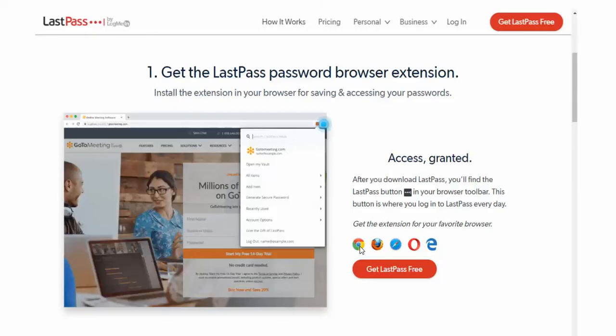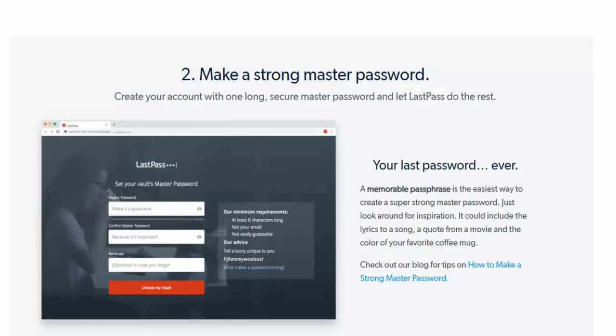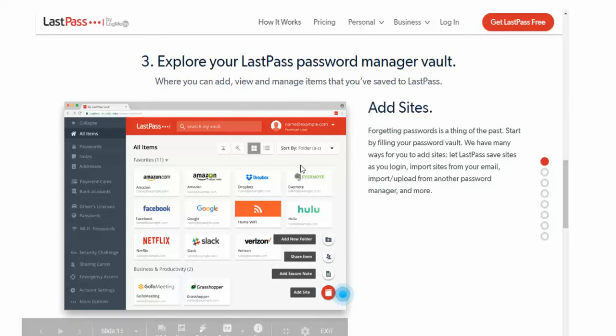So it's a browser extension, and basically you make one password for LastPass, and then when you get on your computer, all you have to do is sign on to LastPass, and it's ready to go. What's that mean? That means all of the passwords that you have to enter over and over, this thing remembers, and you can sign into your LastPass website, and it's got all these different sites that you go to. Some can be business, some can be personal. There's a free version of this, there's a paid version of this. I got the paid version because it'll let my wife create an account and sign on, so she has all of the passwords that I sign on to,